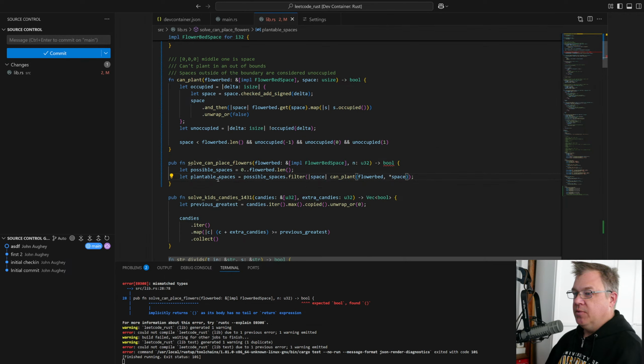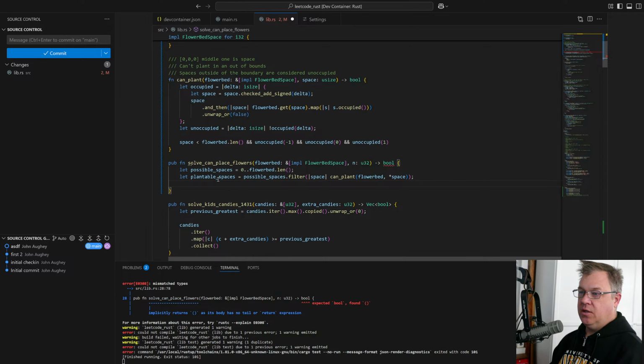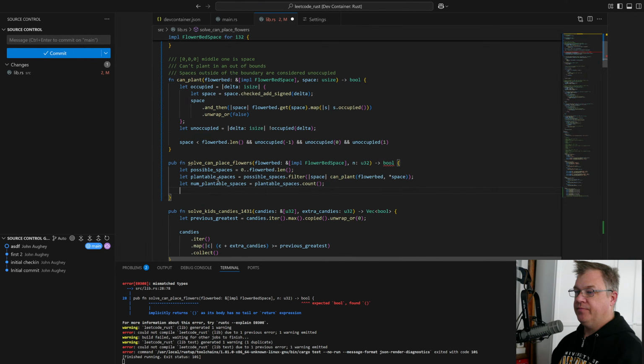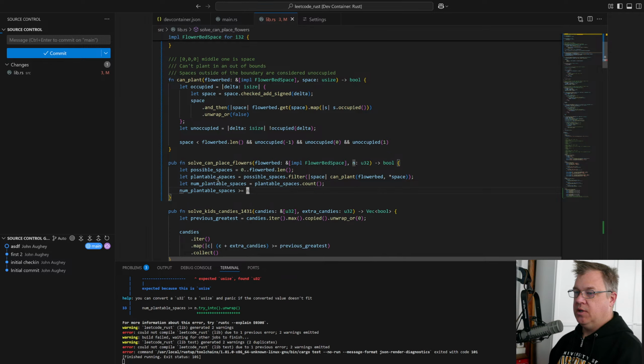So these are our plantable spaces, and the number of plantable spaces is going to be plantable spaces dot count, and we can plant n flowers if the number of plantable spaces is greater than or equal to how many flowers we have.